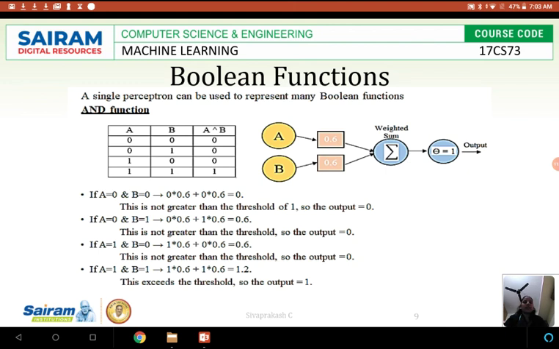For AND, it is going to implement a logical condition. When both the conditions are true, only then you get the output as true. If one of the conditions is false, the output will be false. Here, for the logical gate of the AND function, when A and B are 0, obviously your output will be 0, that is false. When it is 0 and 1, it is false. And when it is 1 and 0, it is again false. You get true only when both the values are 1. You substitute the weights and get the output. If the threshold value is greater than 1, you get 1, or if it is less than 1, you get the output as 0.